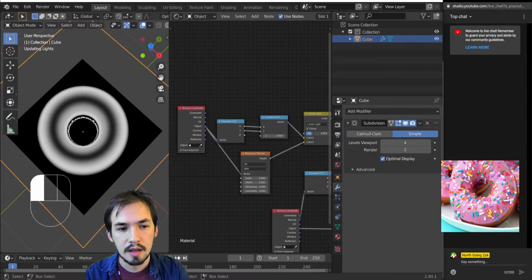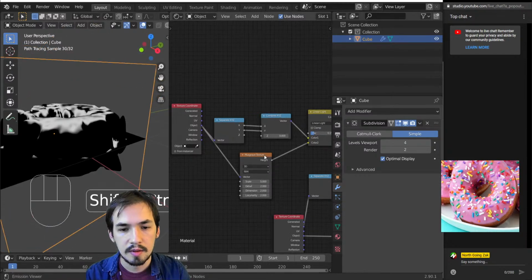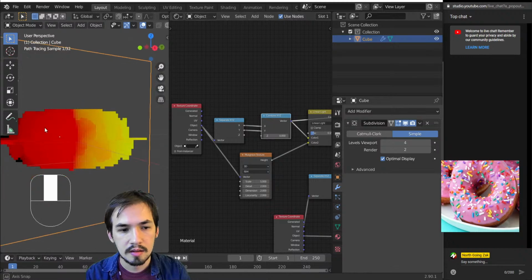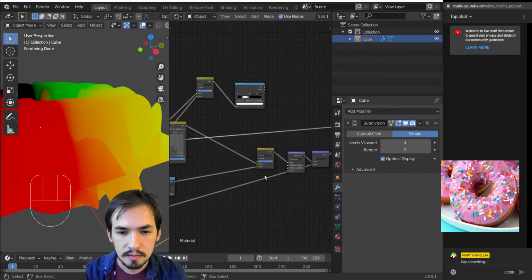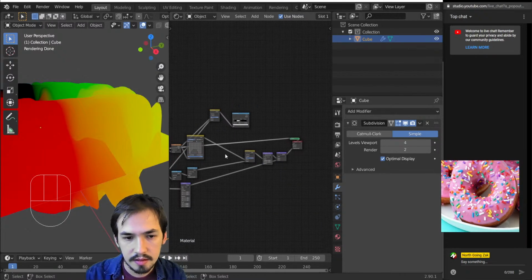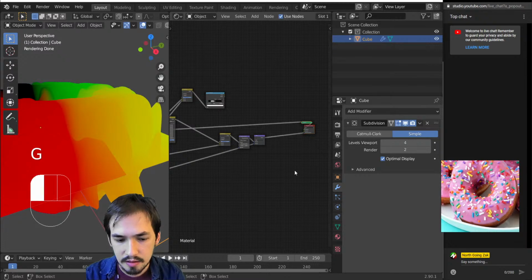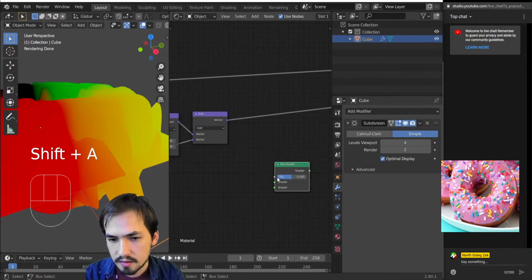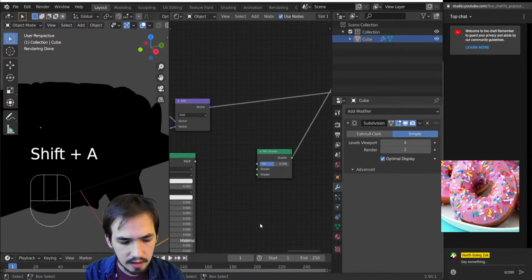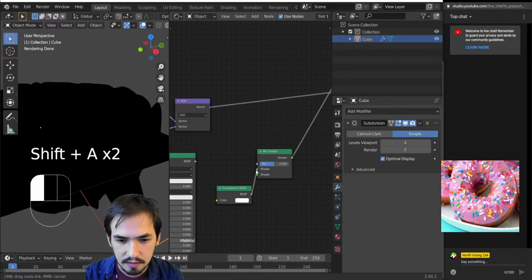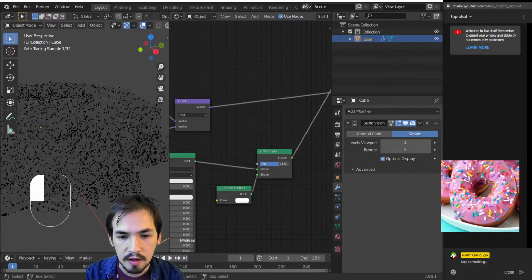I think the top and bottom are going to end up disagreeing with each other. If we look at this, to see if it matches up, I'm going to start setting up the materials. So I'm going to use this mix shader, and then a principled BSDF and a transparent BSDF. So this will be invisible, and this one will be shown. Right now it's a factor between the two,